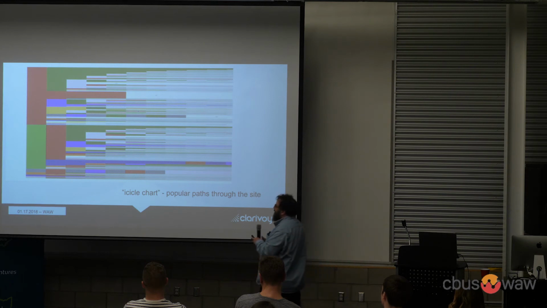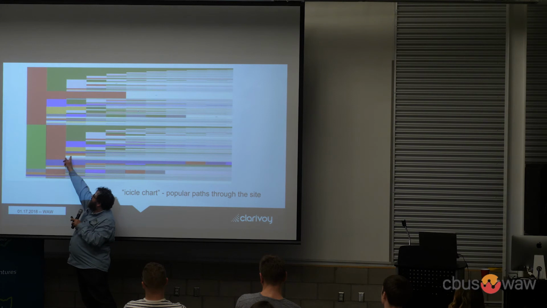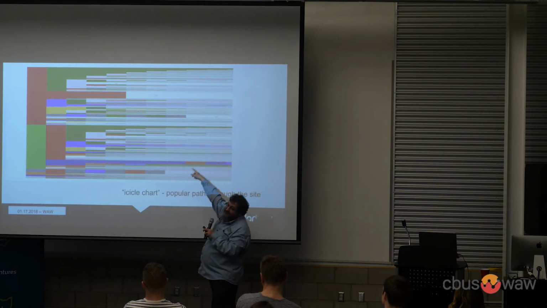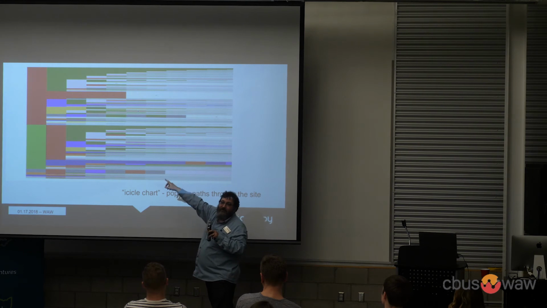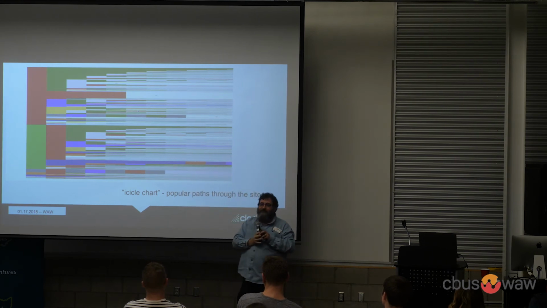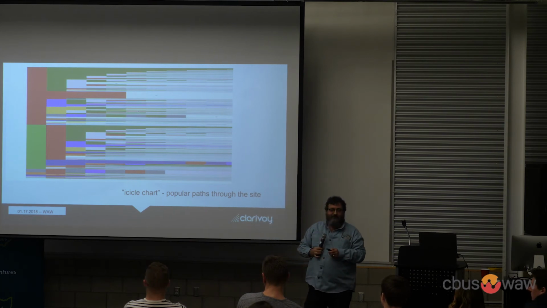So somebody here is a very short path. This is a pretty common thing to hit this page, and then leave. Whereas somebody else might go, and that's a class of pages, not actually a page, like a product, and they hit the product multiple times until they make a purchase or leave. So that's another way to view something that's happening on the site.